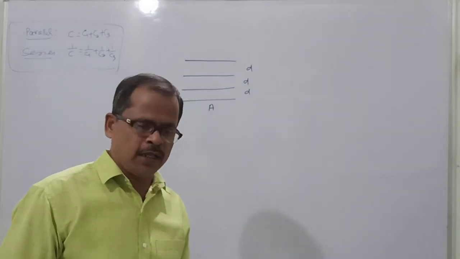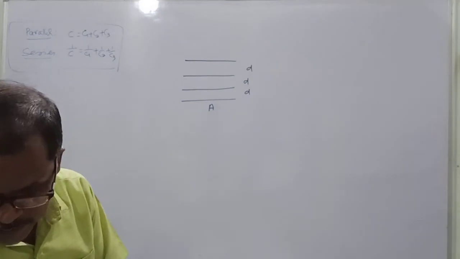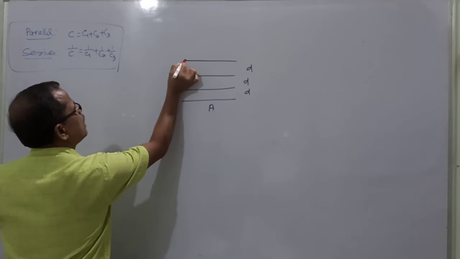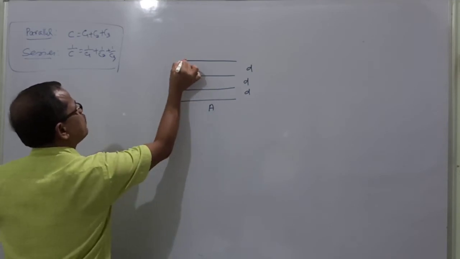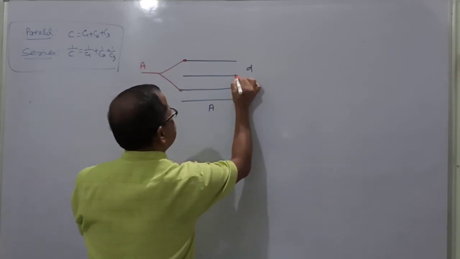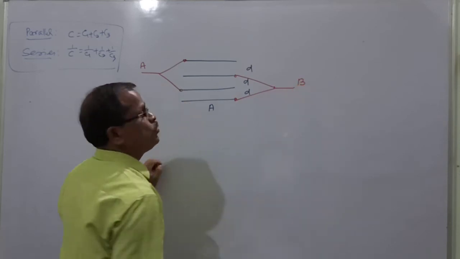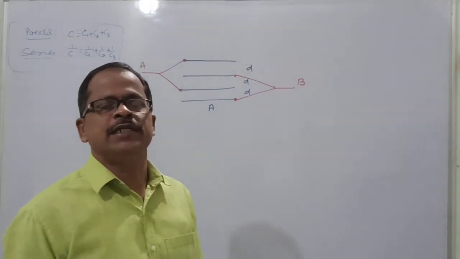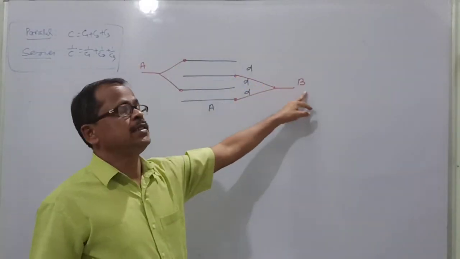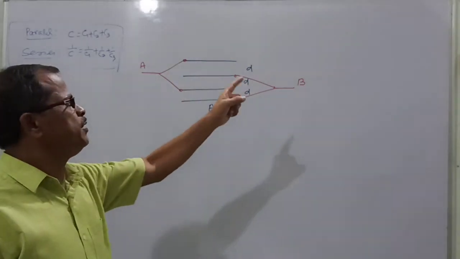Out of the 4 plates, how will they be connected? So the question is given. Now the main interesting part is coming. The top one and this one, they are connected to one terminal A, and this one and this one, they are connected to the terminal B. The question is, find out the net capacitance between the points A and B. A is one extreme terminal, this is another extreme terminal. I have to find out the net capacitance between the points A and B.